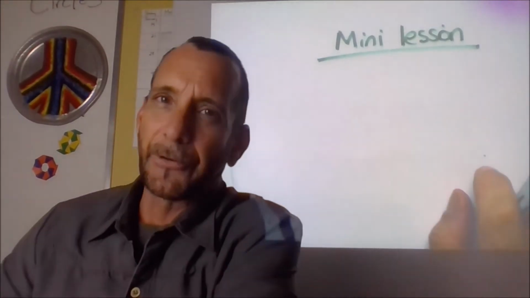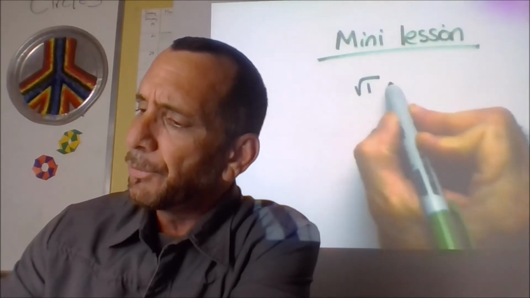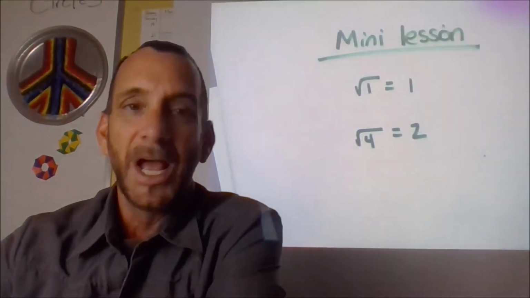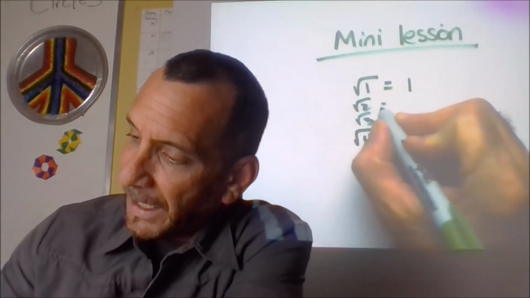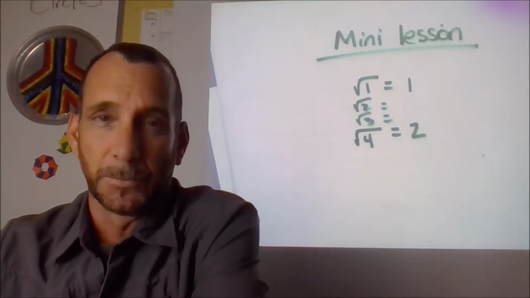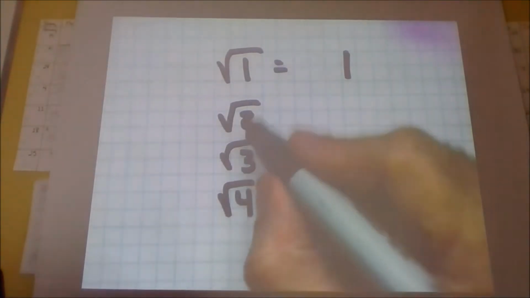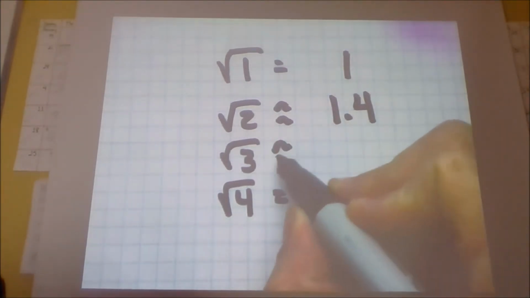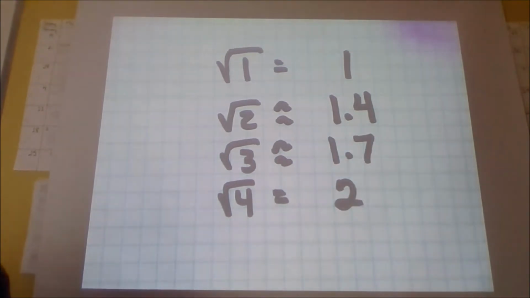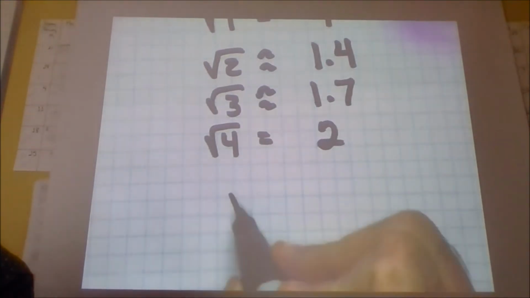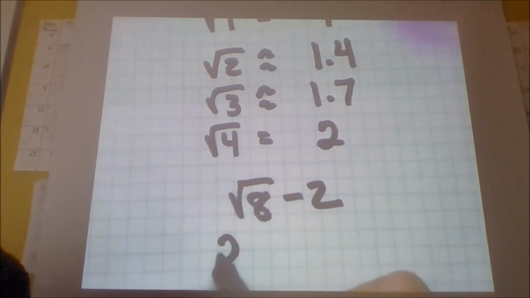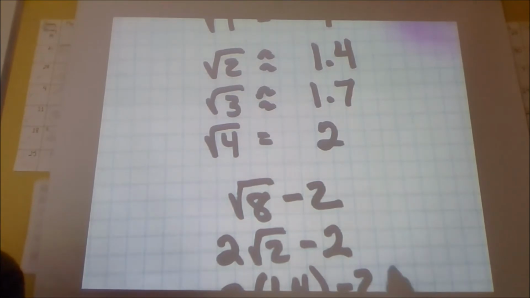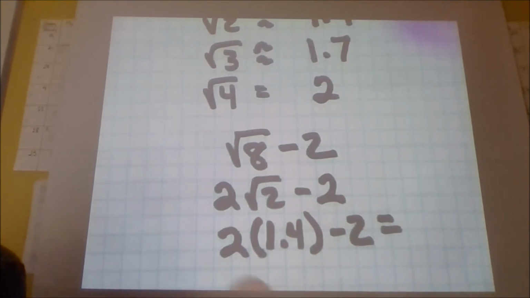Here's a mini lesson on looking at radicals. I just want to think about some things. The square root of 1 is 1, right? The square root of 4 is 2. So the square root of 2 and the square root of 3 are somewhere in between 1 and 2. Actually, the square root of 2 is approximately 1.4, and the square root of 3 is approximately 1.7. So if you had the square root of 8 minus 2, that would be 2 square root of 2 minus 2, which is really 2 times 1.4 minus 2, and that's approximately 2.8 minus 2,